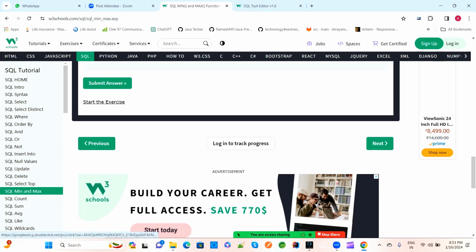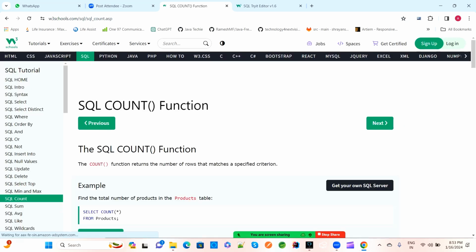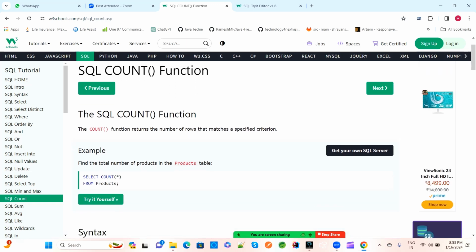Like that we have count, sum and all. We have to use sum and the count function. So we have multiple functions. Count is used to count the values. We already saw count star, if I mention it, what will happen? Count star means